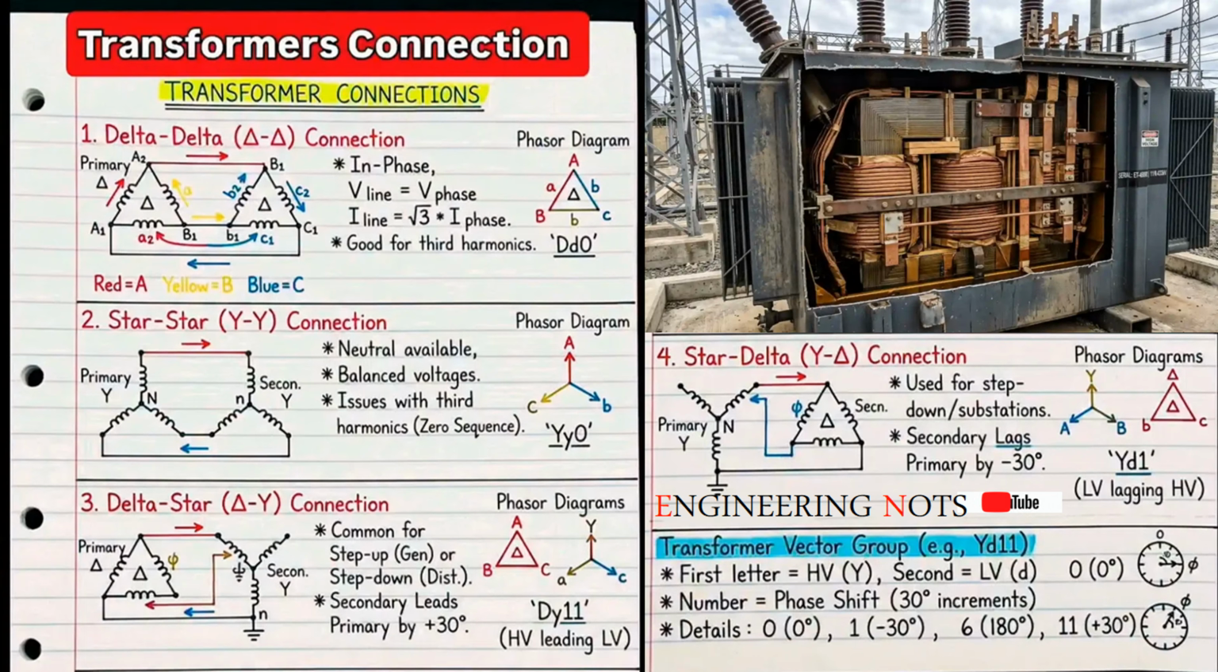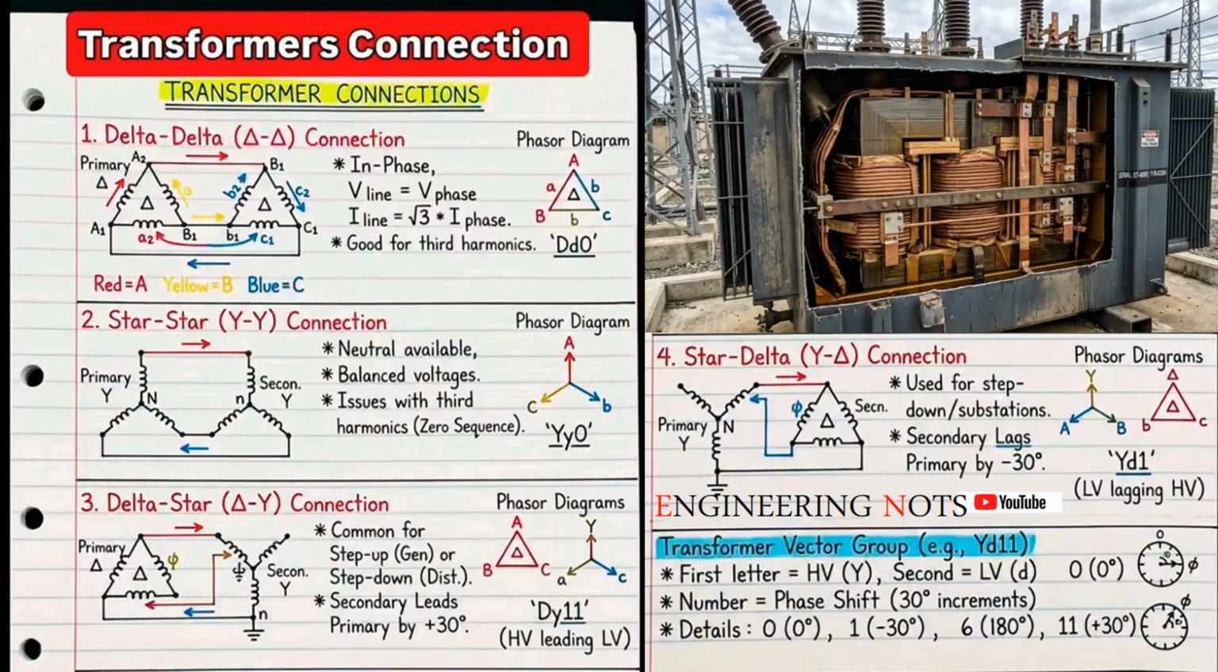Today we're gonna talk about a topic that's essential for anyone working with power systems. Transformer connections. You've seen transformers everywhere. On utility poles. In substations. Inside industrial plants. But did you know that how you connect the windings matters just as much as the transformer itself? It really does. The connection type determines voltage ratios, current relationships, harmonic behavior, and even how transformers can be